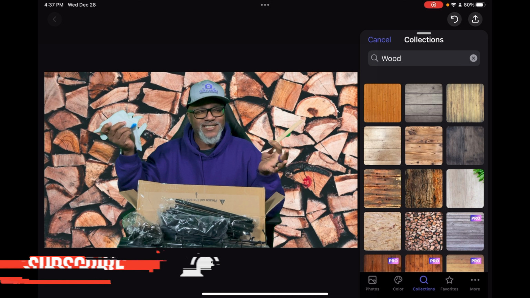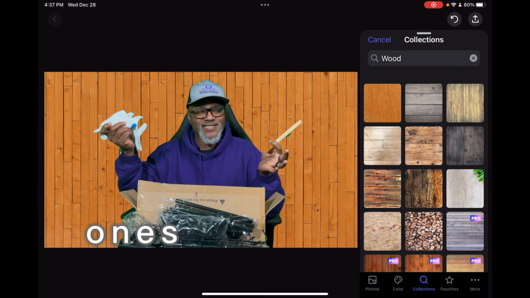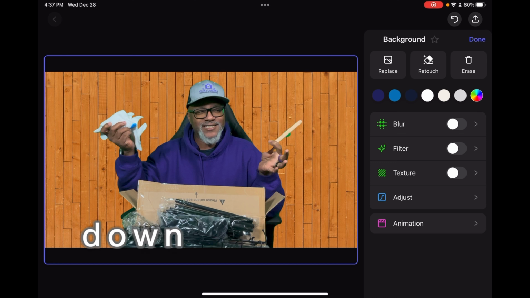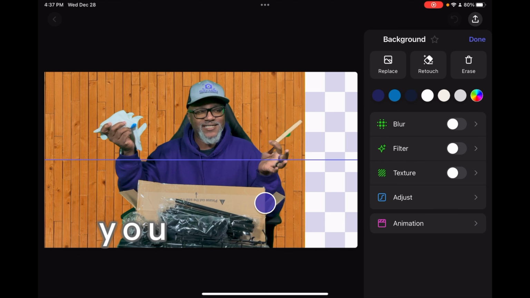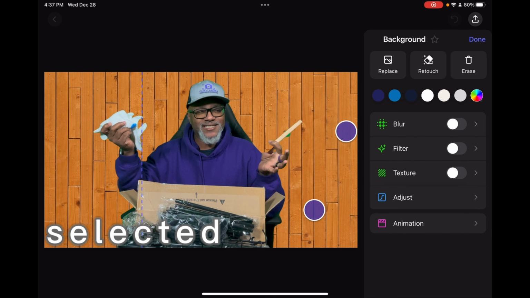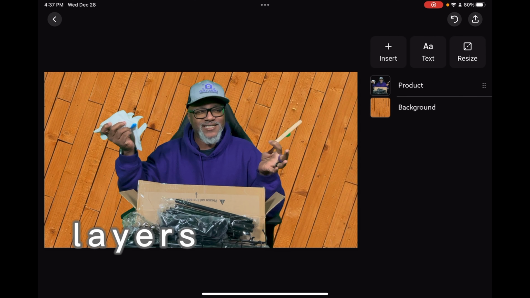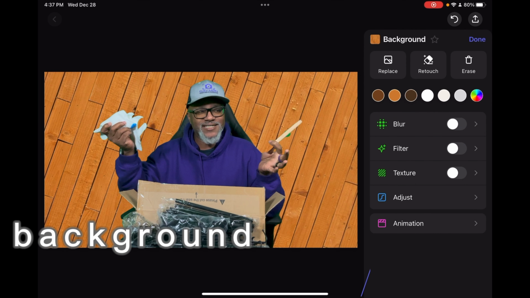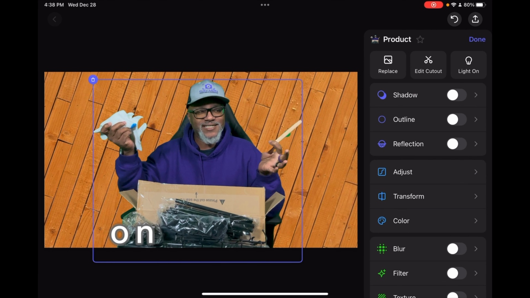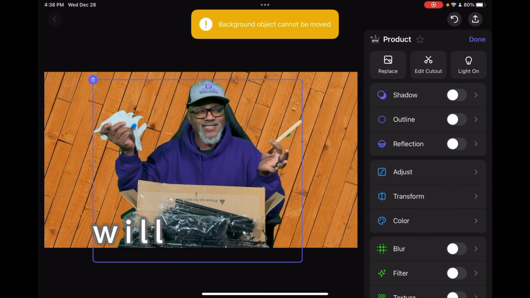And I'm going to try something different. You just tap on them, and you can try out different ones. And that's real easy. Once you have the one that you like, you just pull down, that goes away, and that's there. And you can also move it around. While you're selected on whatever you're using, it uses layers. So there's the top, it counted it as a product, that labels it, and then there's my background. So if I tap on it, or if I touch it, it will go.